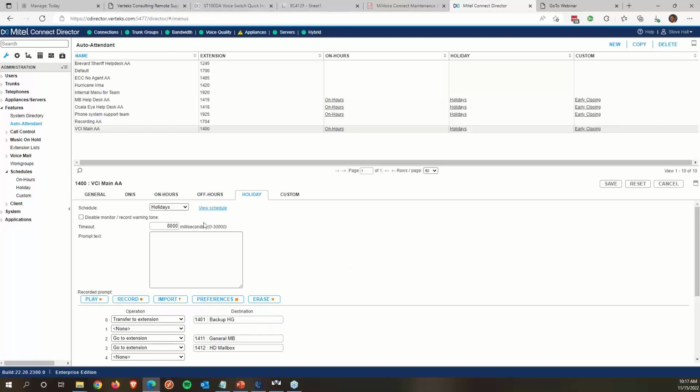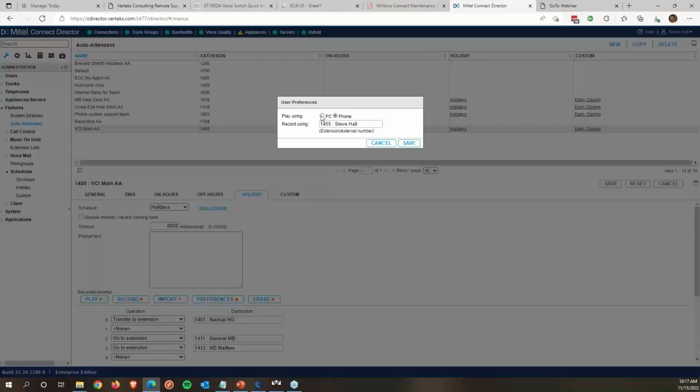When we are operating with recordings, I'll show you real quick, we have a preferences button here, and we can choose, do we want to play and record using our PC or our telephone? I always recommend using the telephone. It has the most consistently good quality, where with your PC, you may have a good microphone, you may not have a great microphone on the PC. So I always recommend using the telephone, and I always recommend using the handset on the telephone rather than the speakerphone, just so you get the best quality recording,